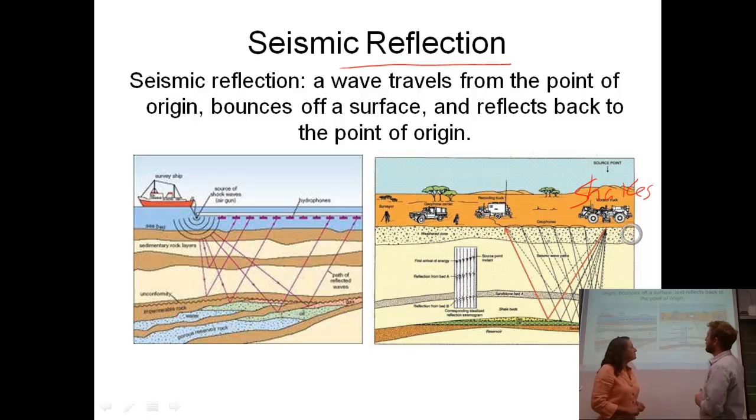Now, we see when we get to some of these layers, they're bouncing off and changing directions. So some of them are bouncing right off a layer, and some of them are going through the layer and bouncing off the ones underneath. So that's going to be reflection, right? Okay. That's going to be